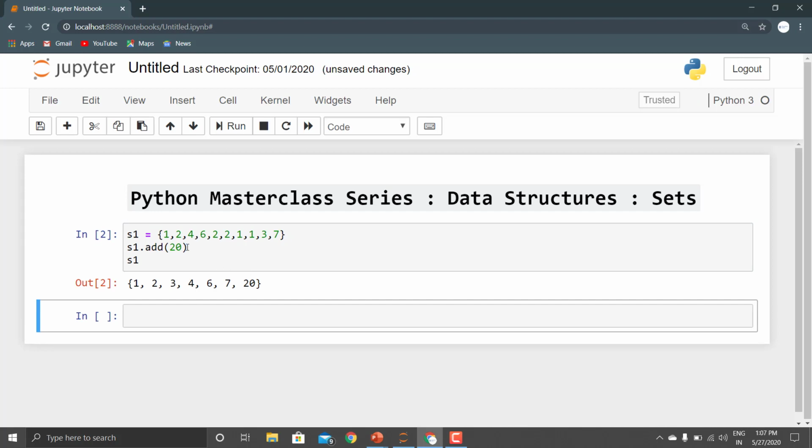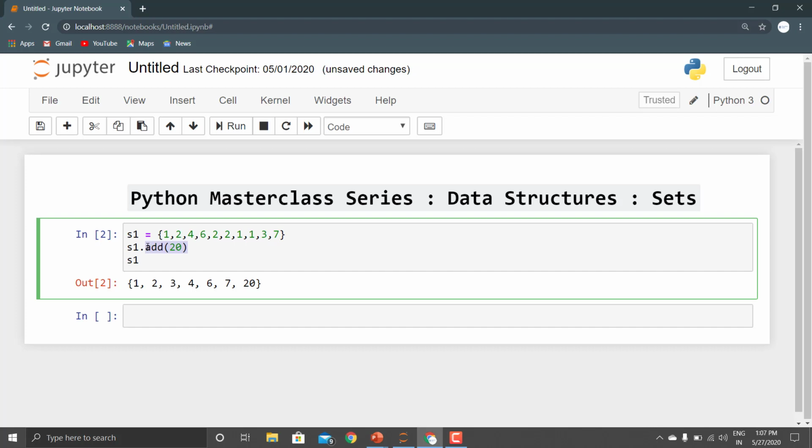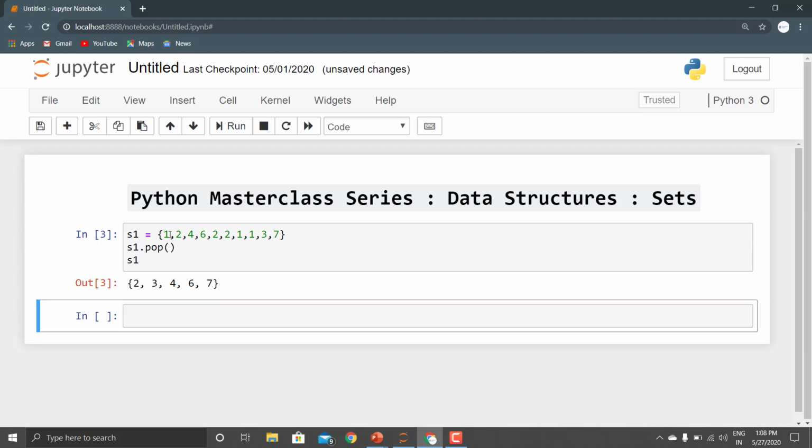Now, if we want to pop a value, what is going to happen? Guys, if we try to pop a value, please remember the element which occurred at the first position will get removed. If we run this code now, see, 1 is removed because it was at the first place. Since it is unordered, you can think that any element could be removed, but I researched a little bit about it, so I got to know that the first element is removed.